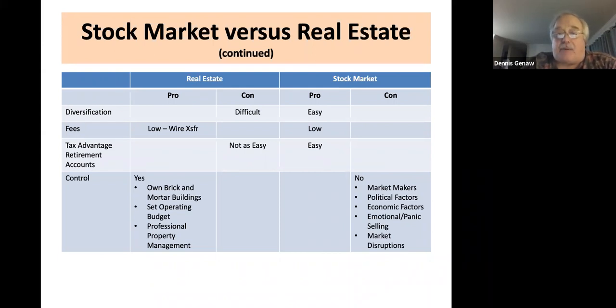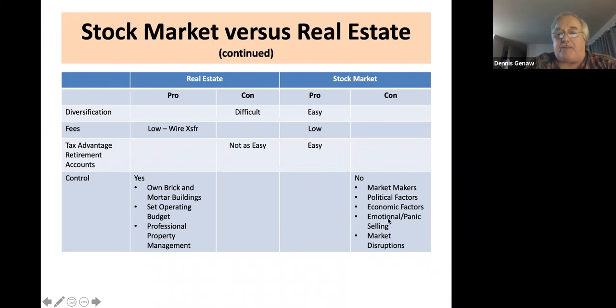Market makers control the market for stocks. Political factors, economic factors can affect the value of a stock. I have seen companies have tremendous earnings statements or earning calls, make a lot of money, and watch their stock value go down within minutes of the end of the earning call for reasons outside of their control. So even the company and how they operate don't necessarily control the value of their stocks in the open market.